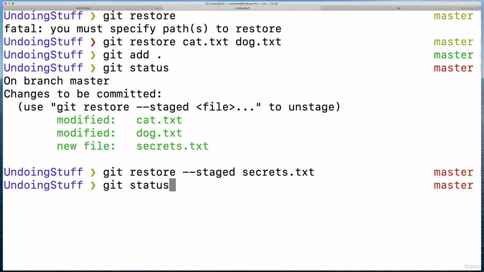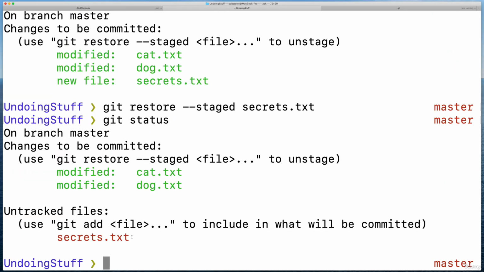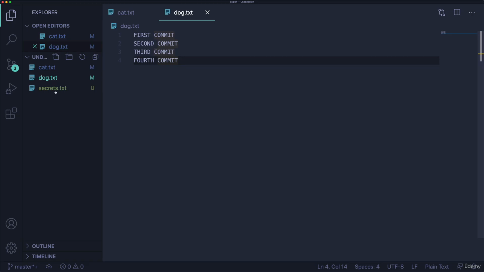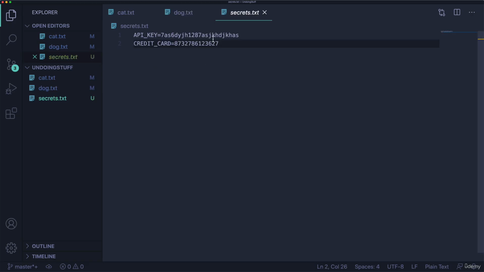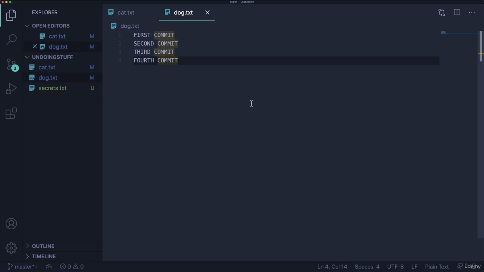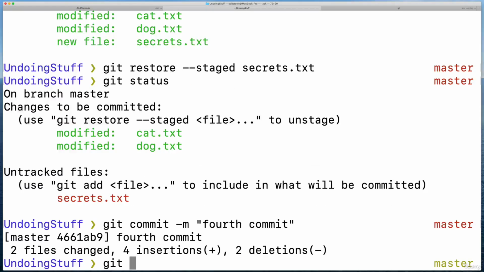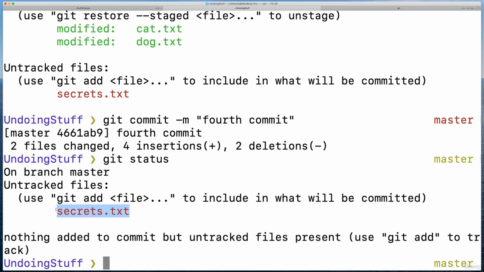Okay, type git status, and now it's not being tracked, right? Git doesn't really care about this file anymore. It's at least not staged to be included in the commit, but the file has not been changed. So we didn't delete it or reset anything in it. It's just not staged for the next commit. So now I can make my commit, fourth commit. Git status, still, it was not included, and it's still there, just waiting for us to stage it, or ideally